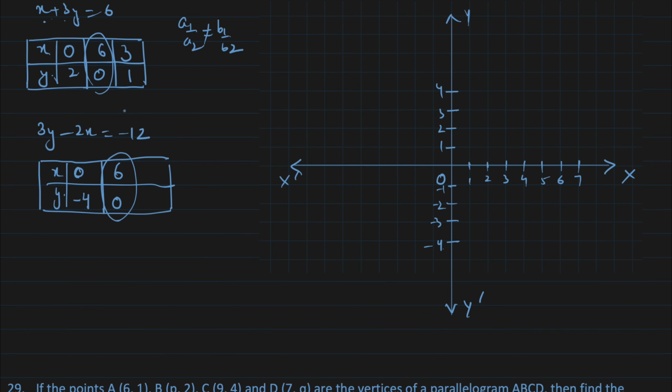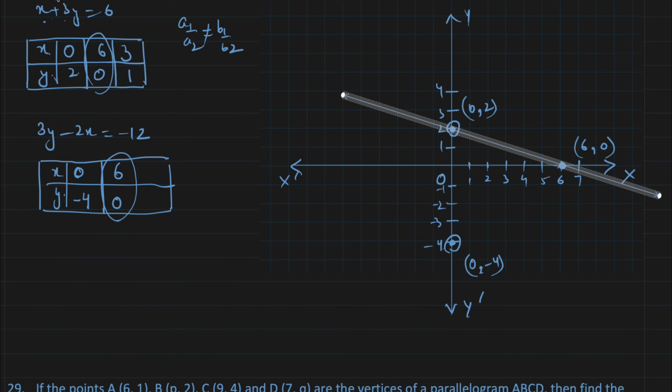Okay, so we have one point in common, that's this point. Okay, this is your 6 and 0, mark it over here, and then you have the first equation I'm plotting first, 0 2, x is 0, so it is over here, right? It is 0 and 2, and another one is 0 and -4, right students? So let's join the lines. So first one, use proper scale to do it. Okay, fine. The second one,